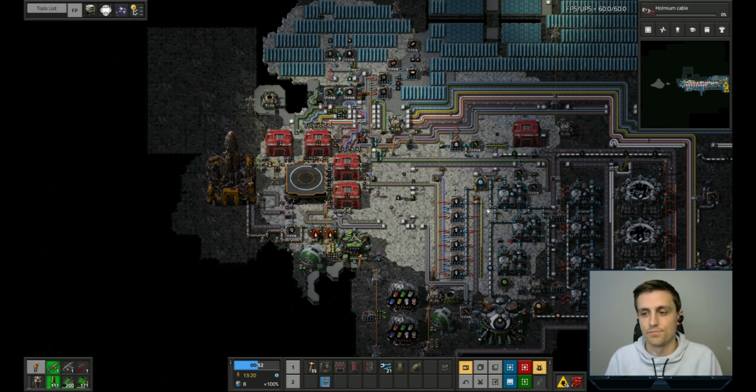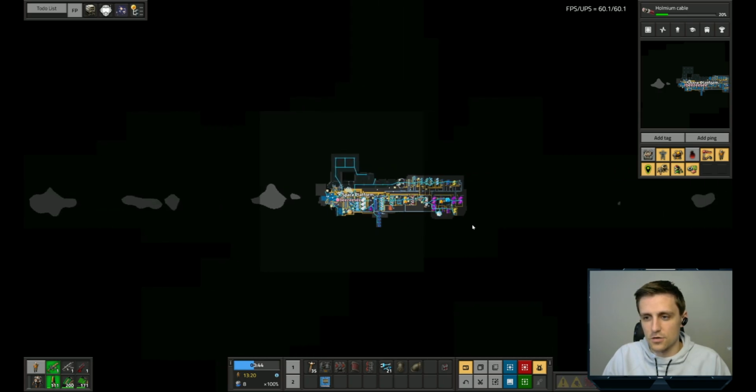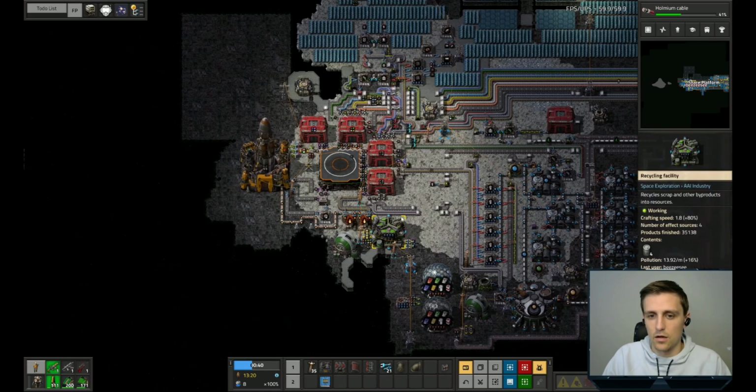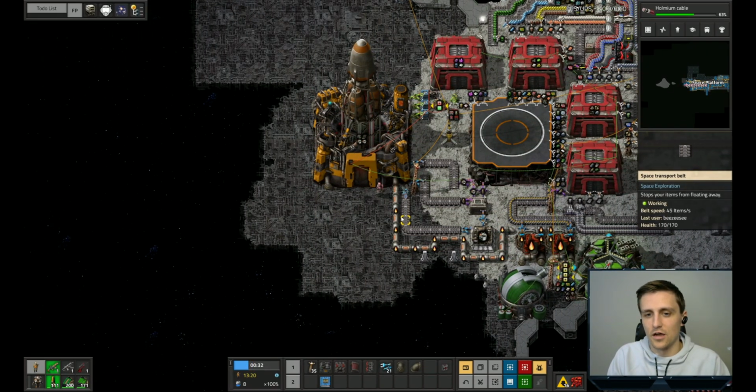When I say work, I mean that we have to make quite a lot of packs to be able to get places. But as we start getting more packs, we are going to start doing a rail grid system out here, and so we'll have to start designing that. I don't know if I'll do that. Maybe we'll do that on a stream or something. We'll start actually doing the design of that